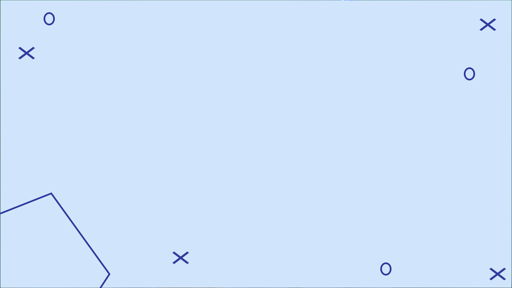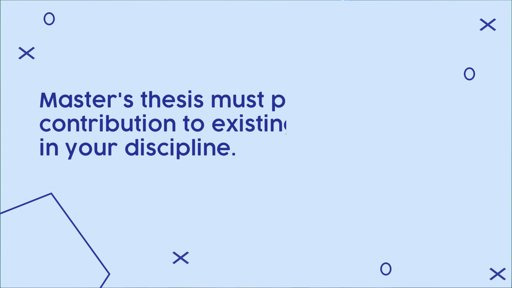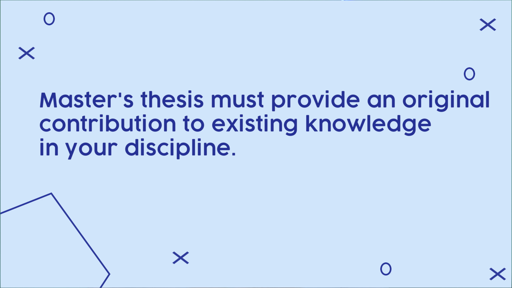So basically, writing your master's thesis is not a pointless exercise to fulfill your course requirements, but an exercise to provide an original contribution to existing knowledge in your discipline. So, reminding yourself that the primary purpose of your master's thesis is to provide an original contribution to already existing knowledge in your discipline will make it easier for you to quickly identify research gaps and come up with a